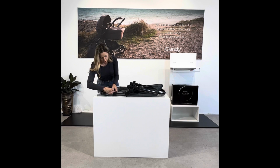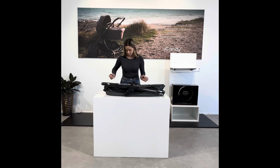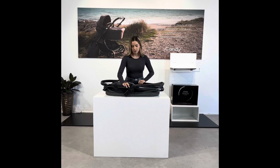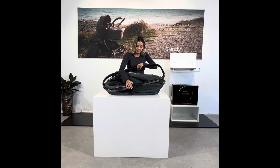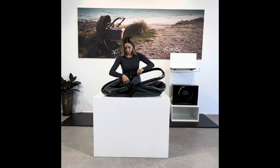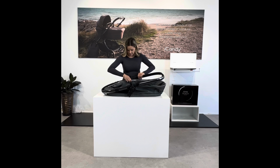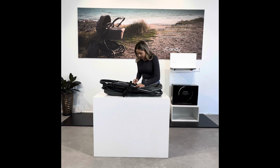You want to put your zipper on at the bottom just slightly, so just putting it to about there, and then putting the frames in together. There's little buttons on here, the press studs. You're going to want to press the press studs into the side of the frame and on the fabric here, like so. Attach the top zipper just slightly,